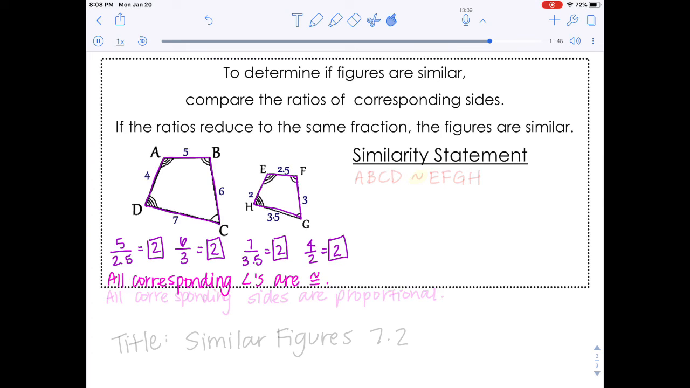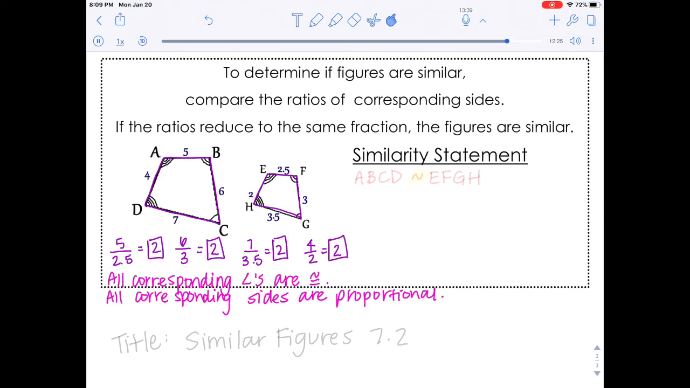And since all of that is true, we can write a similarity statement. If you remember back from a couple chapters ago, a similarity statement is just stating what two things are similar. So we did this with a congruence statement. We stated which triangles were congruent. Now we're stating which ones are similar, so it works the same way. Each point that you put in your similarity statement has to correspond. So if I'm going to call my first quadrilateral ABCD, then I have to say that's similar to quadrilateral